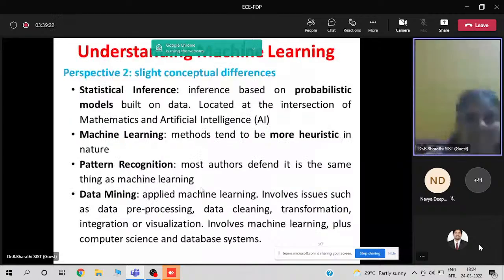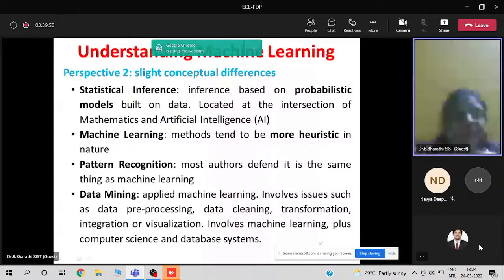Basically, statistical inference is making decisions based on mathematical models or empirical models. Machine learning is more of heuristics. You are not only bothered about the end result, you're also bothered about getting an optimized result, so you apply a lot of heuristics here. And pattern recognition is to identify similarities. And data mining